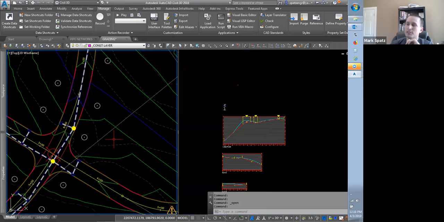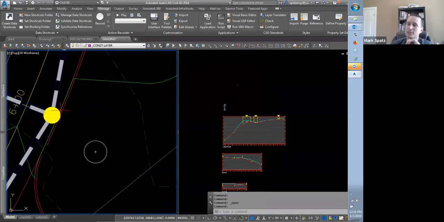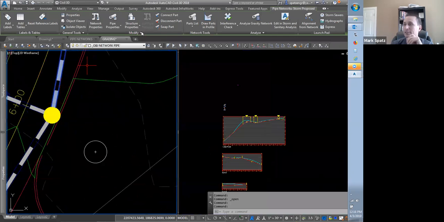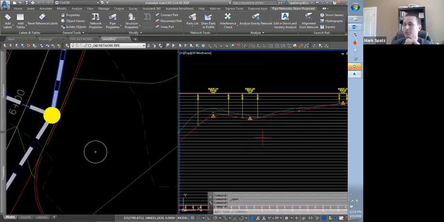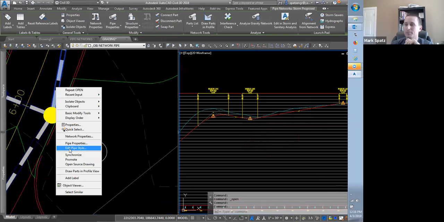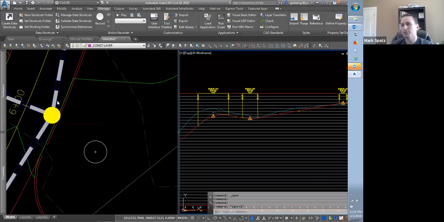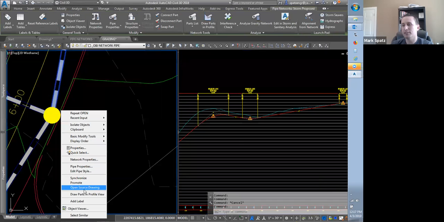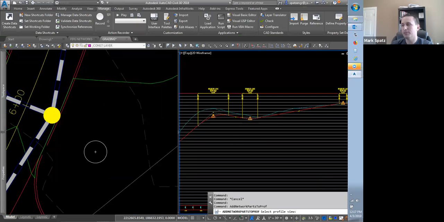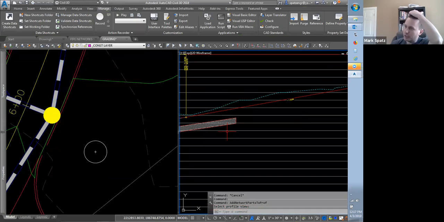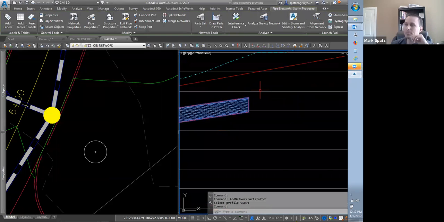The reason we don't set the pipe networks to no display in this drawing is many times when you're working in this file, you're going to want to right click on it, or click on it and plan, so you can get these tools available to add it to the profile, or just for right-clicking ability here and hit draw part on profile. You'll notice when you add this stuff, so if I right click on this pipe and hit add part to profile view here, it will show and all that fancy good stuff, but I will not be able to edit